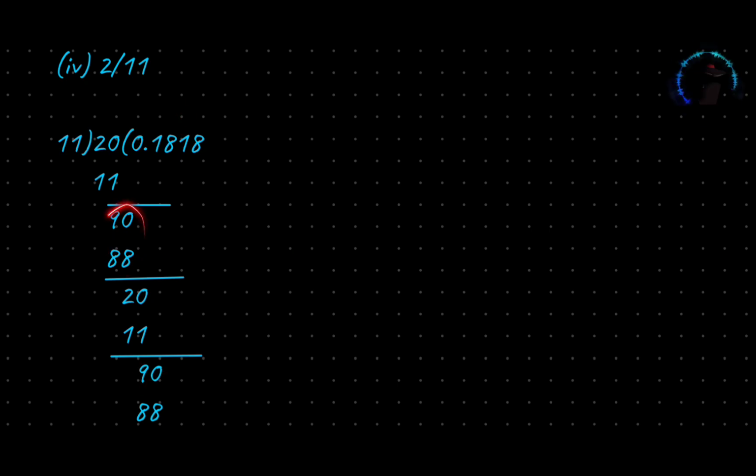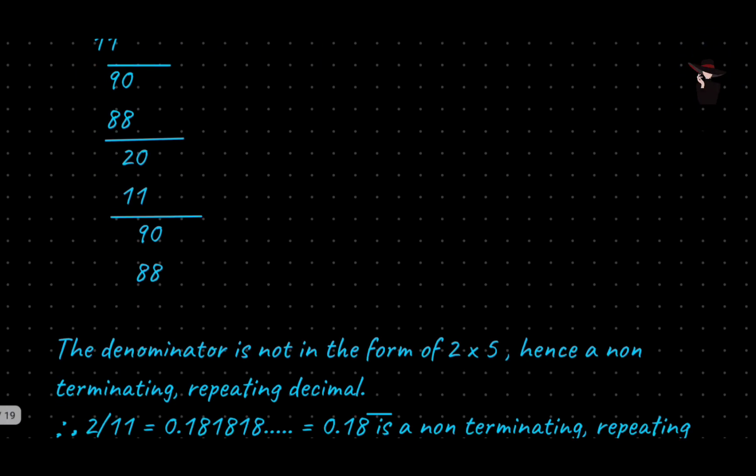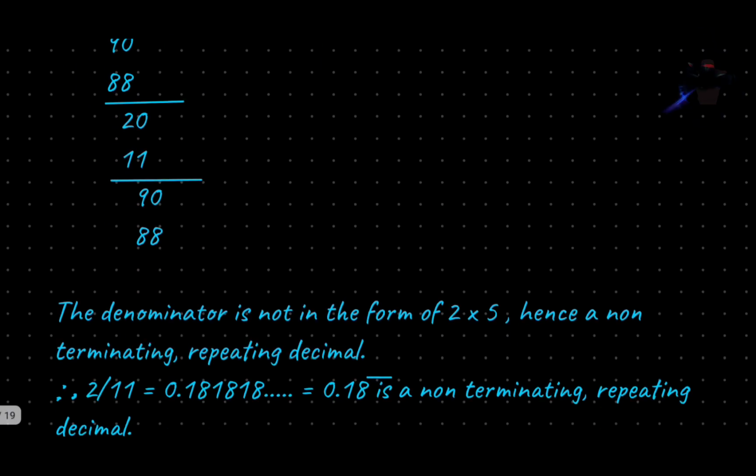The same thing is repeating, right? So we got a recurring, repeating and non-terminating number here. So what is it? The denominator is not in the form of 2 power n and 5 power m. Hence it is a non-terminating repeating decimal, as 11